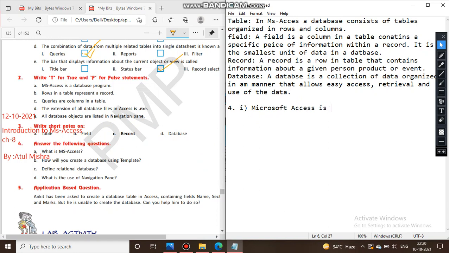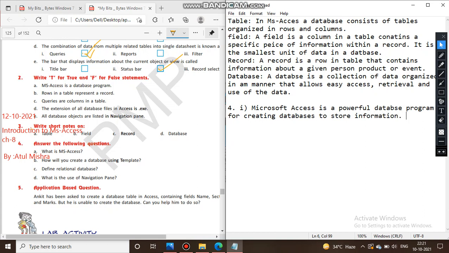Microsoft Access is a powerful database program for creating databases to store information.